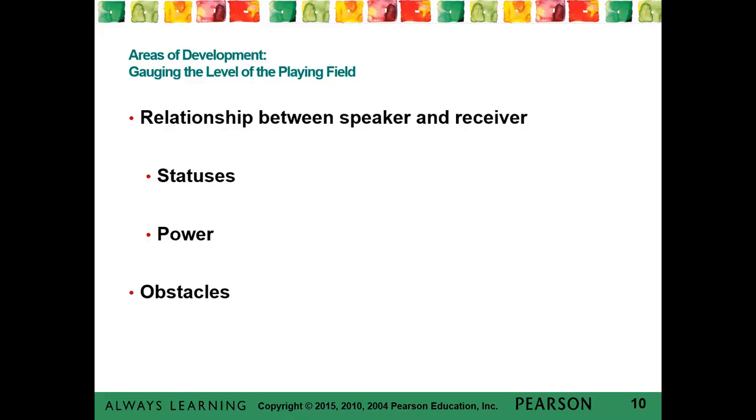And the author says that differences in power and status can be an obstacle to effective communication. With effective communication, the receiver interprets the message just as the sender intends. Those with less power are often ignored during the communication process. For example, we tend to listen and assign more importance to what an adult says than to what a child says. And so in the classroom, we want to know what the teacher thinks is important. What students say typically carries less weight. And so we have to think about issues of power and status as well.